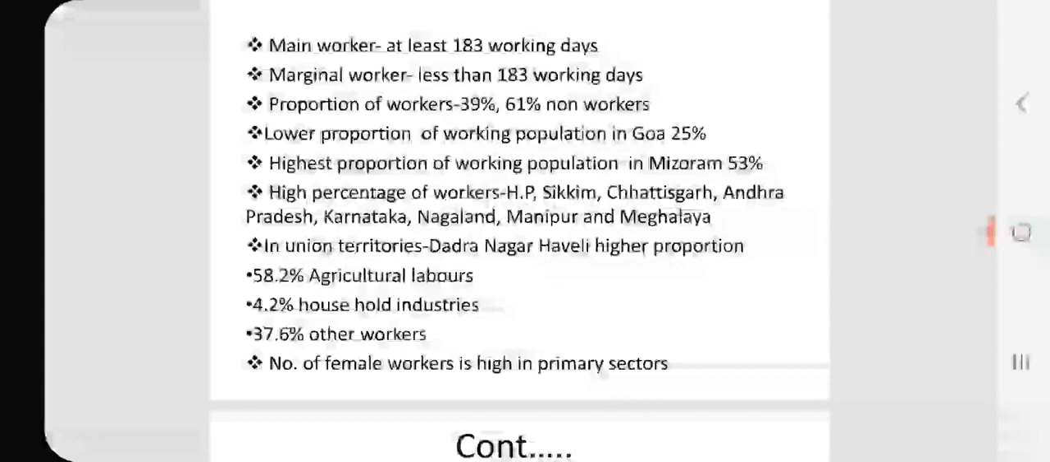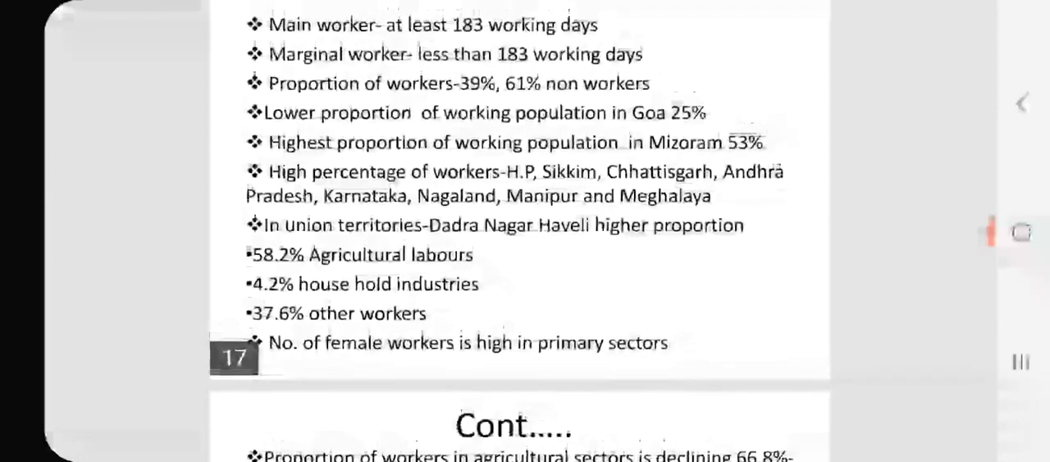The high percentage of workers is mainly concentrated in Himachal Pradesh, Sikkim, Chhattisgarh, Andhra Pradesh, Karnataka, Nagaland, Manipur and Meghalaya. Among Union Territories, Dadra and Nagar Haveli has the higher proportion of workers. In India, 58.2% of the total workers work as agricultural laborers. 4.2% of the total workers are working in household industries, and 37.6% are in the sector of other workers. If we take a look at gender-wise working composition, we can see that the number of female workers is very high in